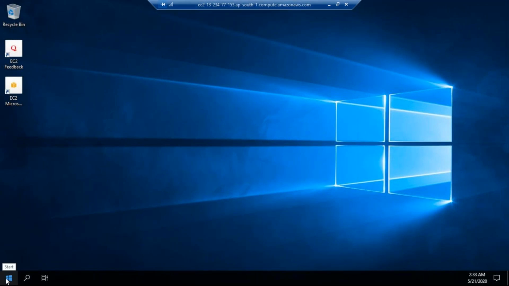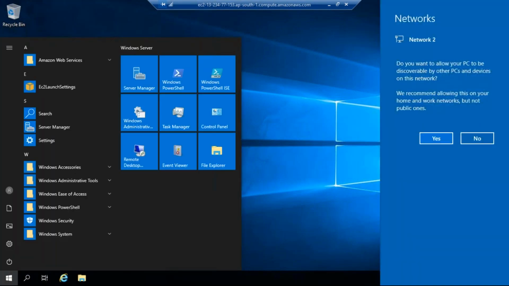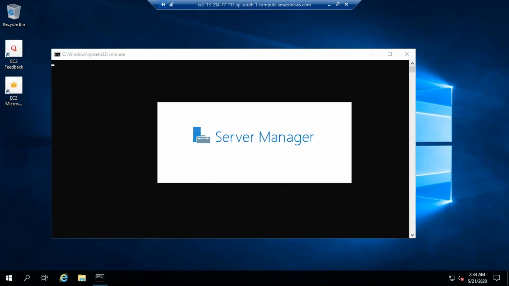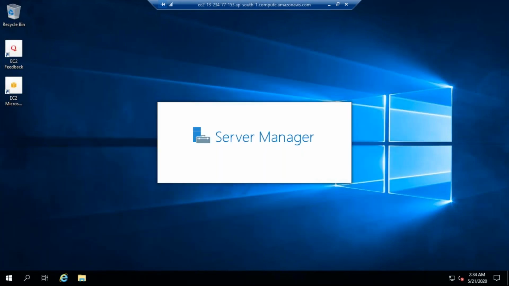Now, okay, here click on start. Server manager. You can search for server manager. Okay, this is the server manager. Click on that. It will open server manager. See, server manager is opening.